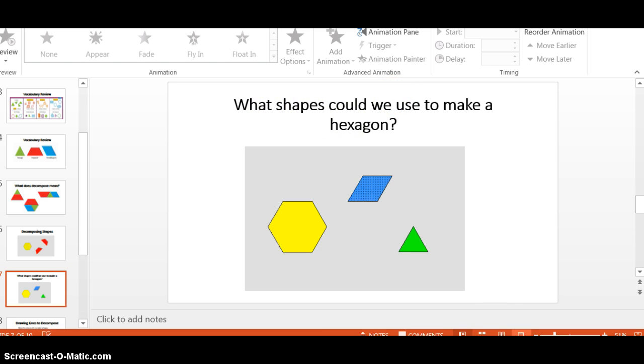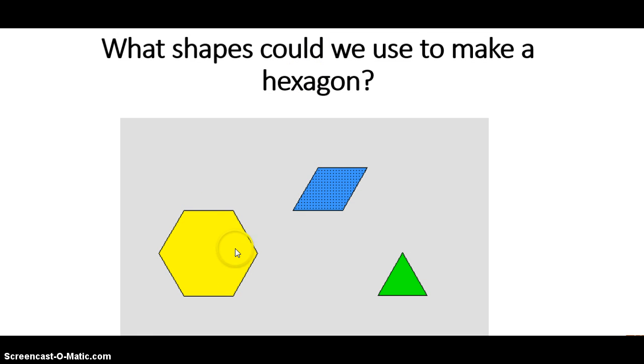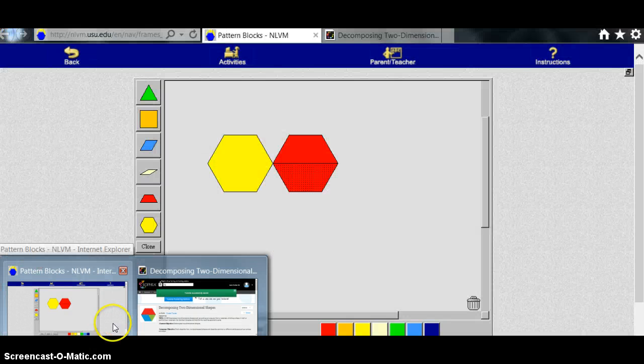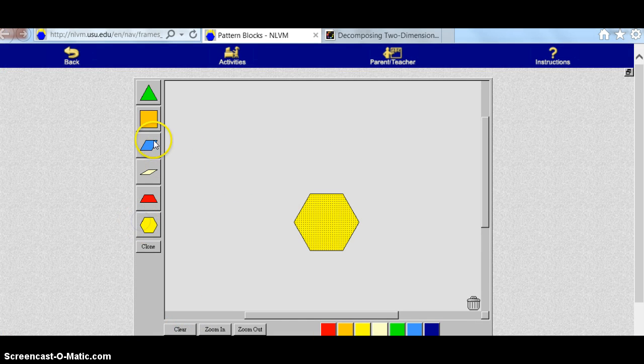Let's take a look at this one now. What shapes could we use to make a hexagon? So let's go back to our manipulative website. So I have a hexagon. I can hit clear. So what other shapes could I use? Well, I'm going to use my manipulative here and just play around with it. So here I have my hexagon, I have my parallelogram, and I'm going to grab a triangle and see where I can fit